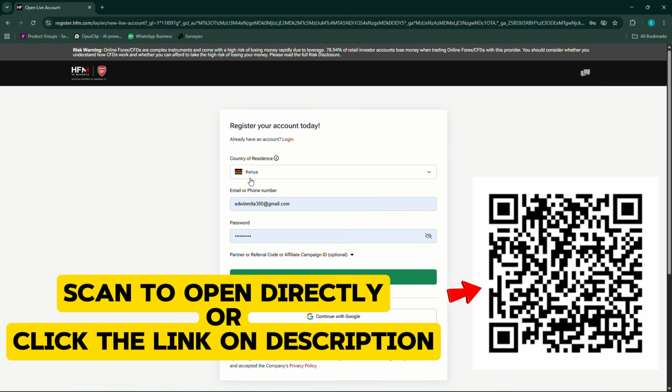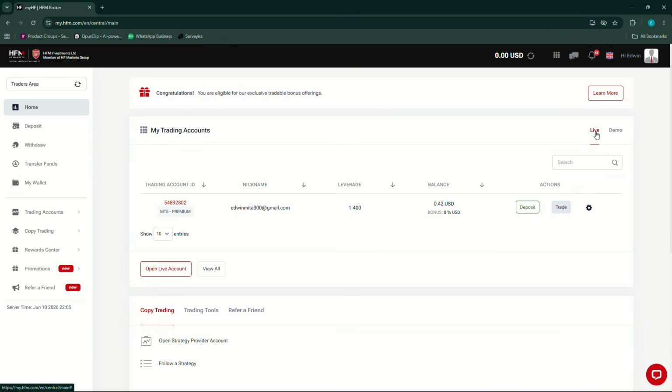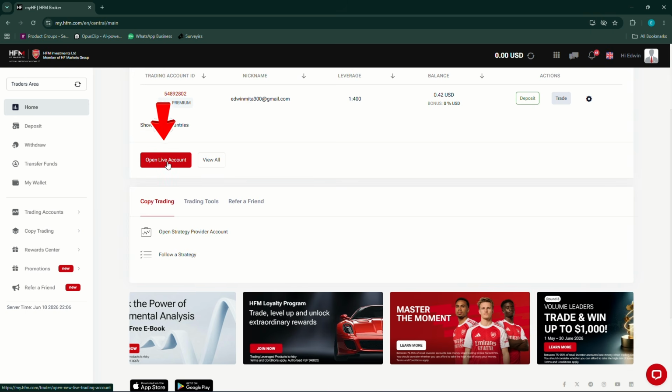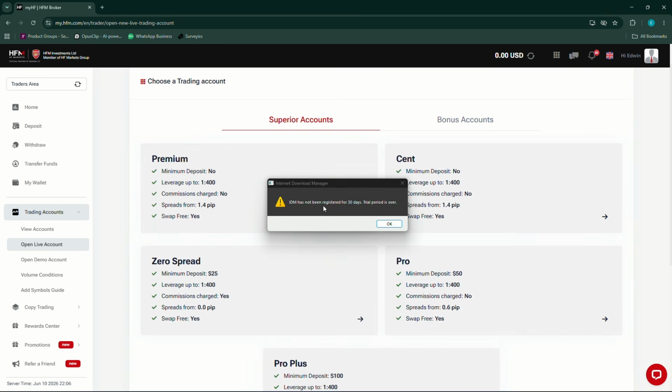So since I have an account already, I'll just have to log in. So when it comes to log in, then you'll have to open a live account. You just come here and click a live account. Then there's this option of opening a live account. You just click open live account. Clicking that, you'll have to